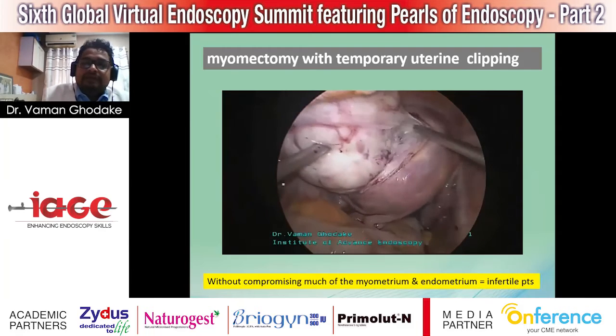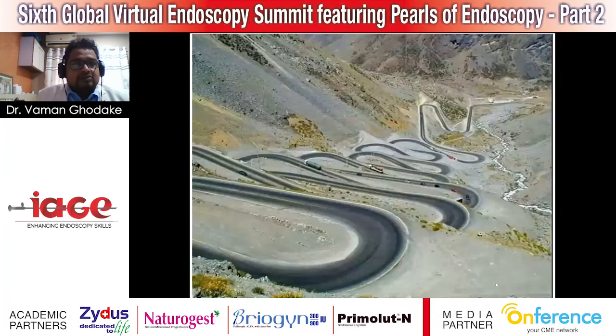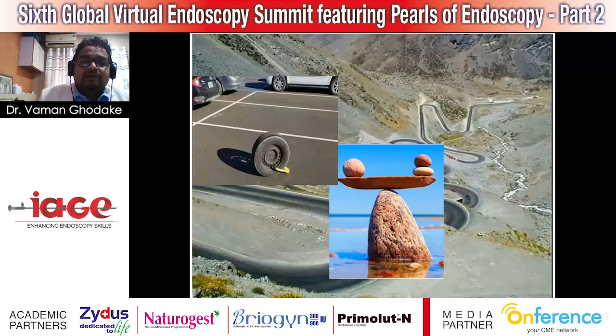If you see very nicely, we can do the myomectomy for other myomas also without compromising much of the myometrium and the endometrium, because you can visualize these margins very clearly, and this is very useful in cases of infertile patients. So friends, the road is not always that straight to go and ligate the uterines at their origin all the time, or to dissect the retroperitoneum, but don't get locked with the fear. We just have to balance the decision and do the needful.